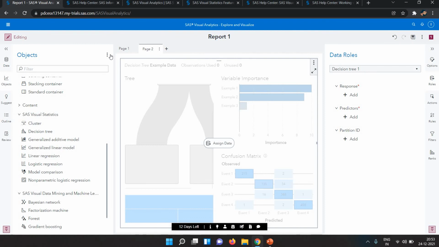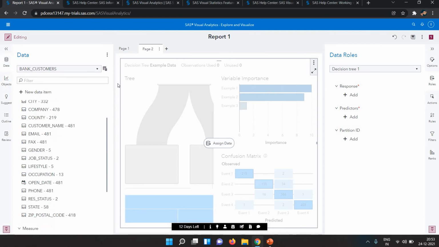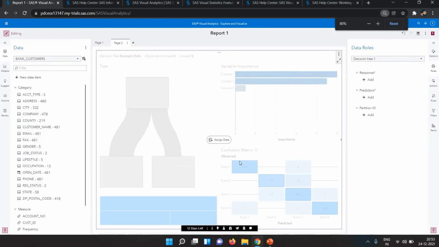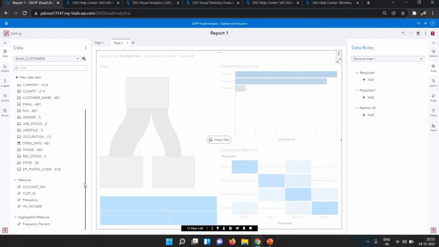Let's see a few basic things about decision trees and then why we are using them. Basically a decision tree is used when you're looking for predictions and for some decisions. So let's add some data first.